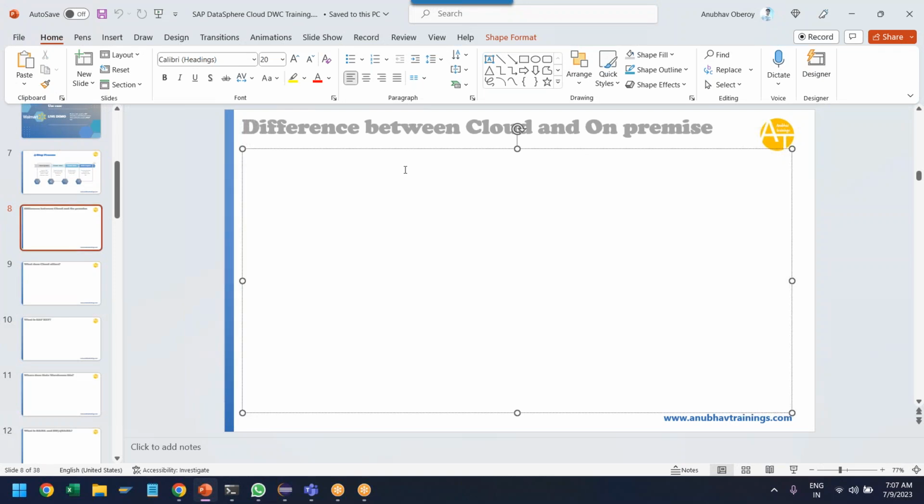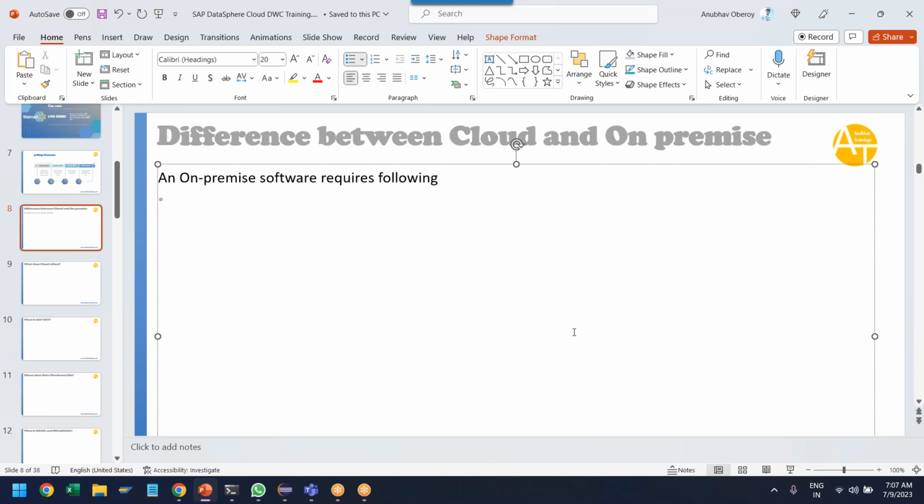So let's talk about what is a cloud software versus what is an on-premise software. Traditionally, most of you who are working today in the SAP field or SAP industry, you are all working with on-premise software like SAP BW, SAP BW for HANA, SAP HANA or SAP S/4HANA. An on-premise software, which you traditionally work with, requires the following to be implemented. If your company wants to opt for an on-premise software, they need to purchase the hardware